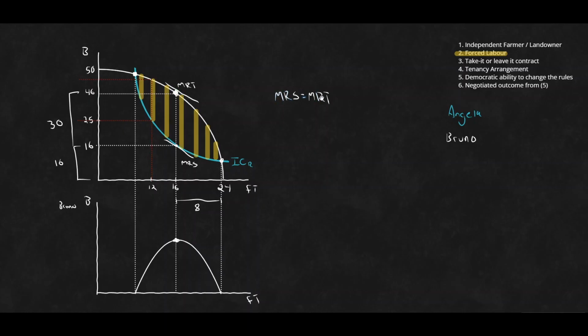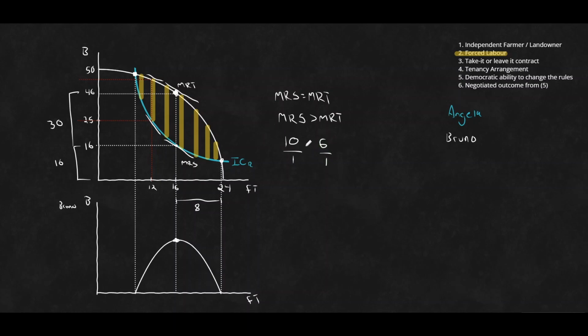Now, how does that work with this whole marginal rate of substitution, marginal rate of transformation business? Okay, at 12, what do we have? At 12, we have a fairly shallow marginal rate of transformation, but we have a fairly steep marginal rate of substitution. So that is our marginal rate of substitution is greater than that marginal rate of transformation. Again, just to make up numbers to throw to that, this would be 10 to 1. Let's try that again. 10 to 1 versus our rate of transformation maybe being 6 to 1.